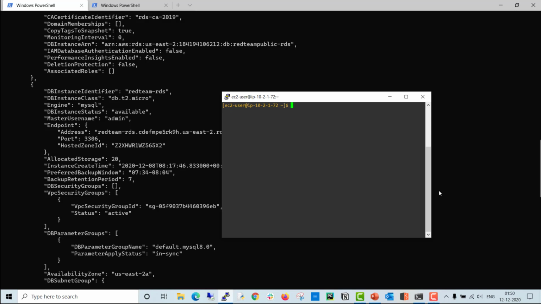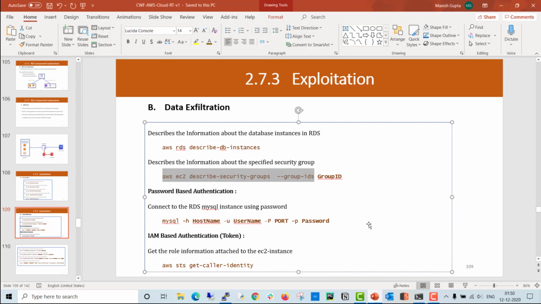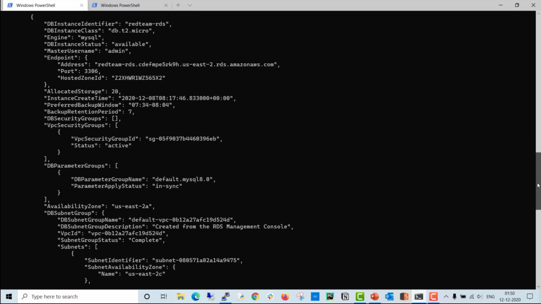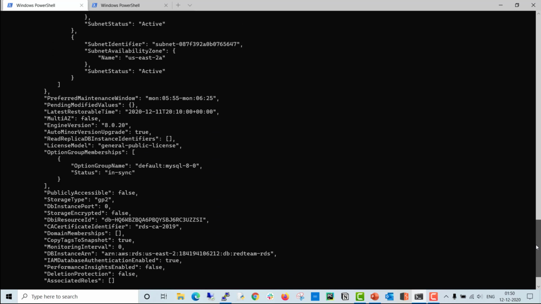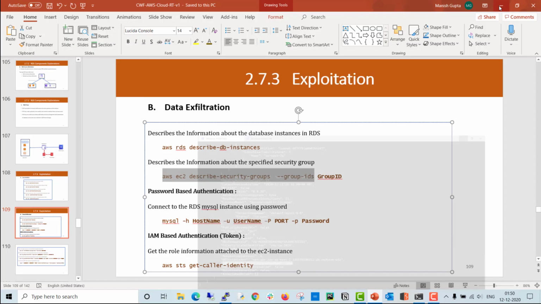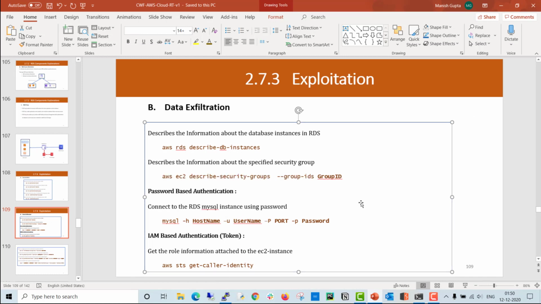We know how we can access it, and how we can authenticate to this RDS instance. For the authentication method, you can see here, we have by default password based authentication, as well as, in this particular instance, IAM role based authentication. So how can we authenticate using password based authentication, and how can we exfiltrate the data? To authenticate using password based authentication, you need a username as well as a valid password. So suppose